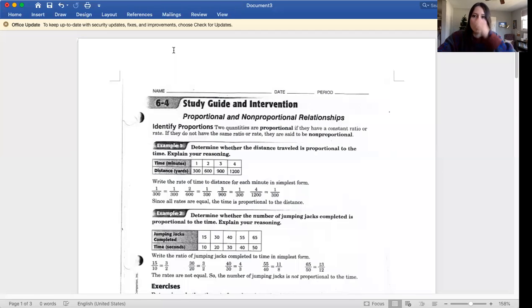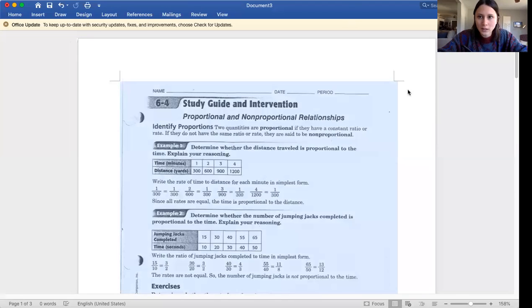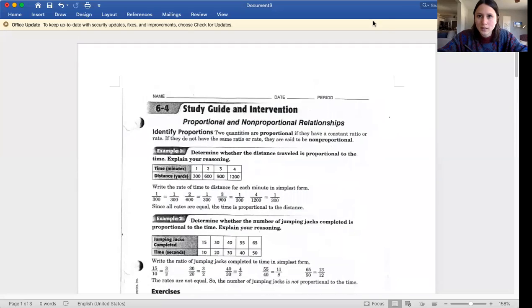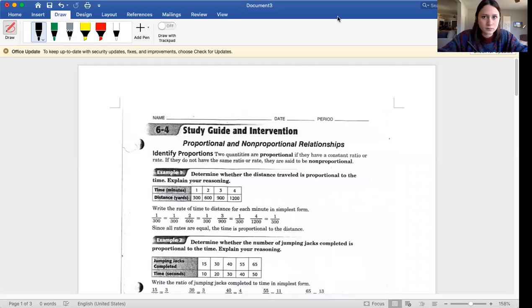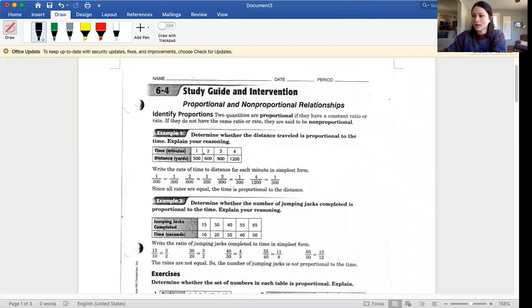So in this lesson, we are actually going to only take a look at this first half of lesson 4. And we are not going to look at the back of the study guide just yet. We might look at that later on, but not today. So what we're going to take a look at today is